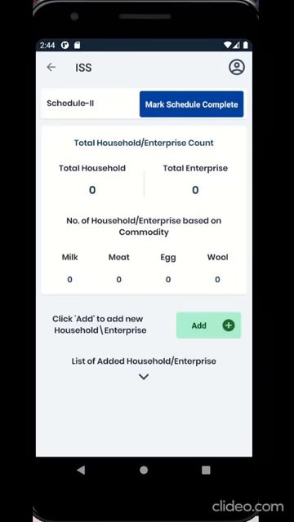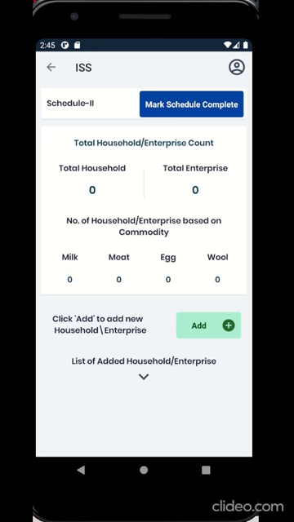The Schedule 2 survey form for the particular village or urban ward will show the following information. Mark schedule complete. Once all the households or enterprises or butcher shops have been listed, click Mark Schedule Complete. Please note, once a schedule is marked as complete, no changes can be done.